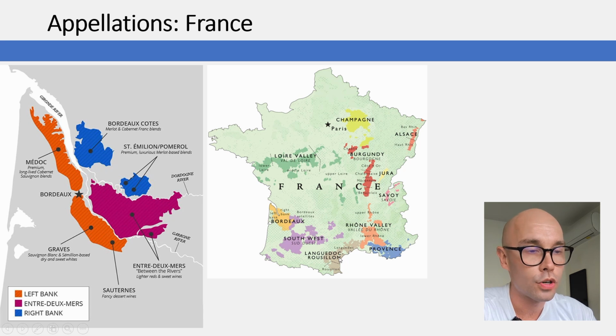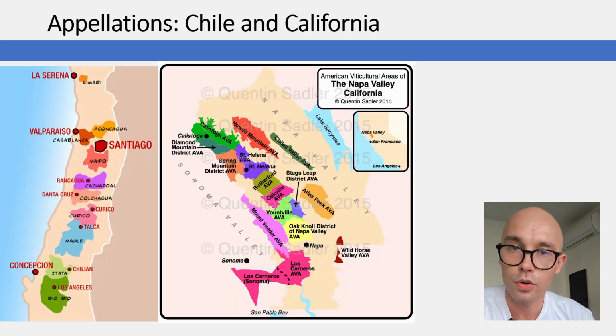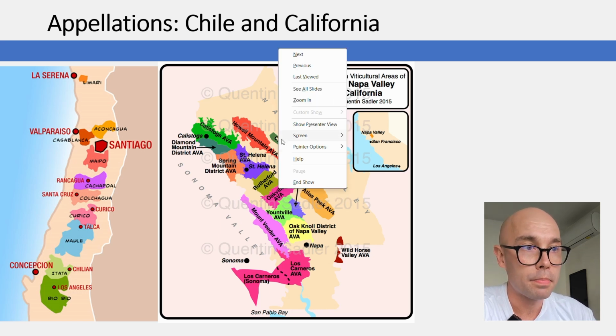And then in Languedoc-Roussillon you have a warm Mediterranean climate where Merlot can be on its own or it can be blended with Cabernet Sauvignon, but also other grape varieties. So these are two maps. This map is a map of